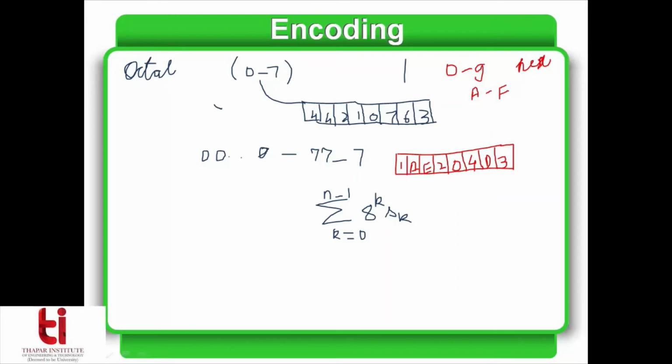So the value which is decoded can be represented on similar lines. K is going to vary from 0 to n minus 1. Let the string be sk. So what value am I going to change from this? Only the base to which my kth power is raised. That is going to represent my decoded value.